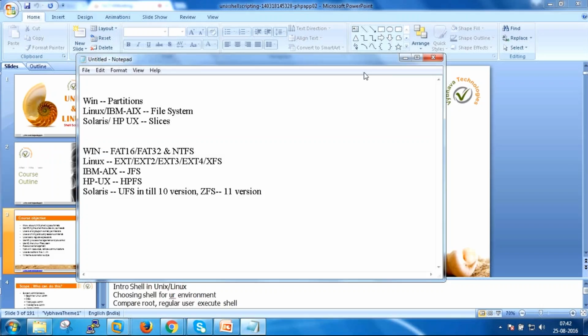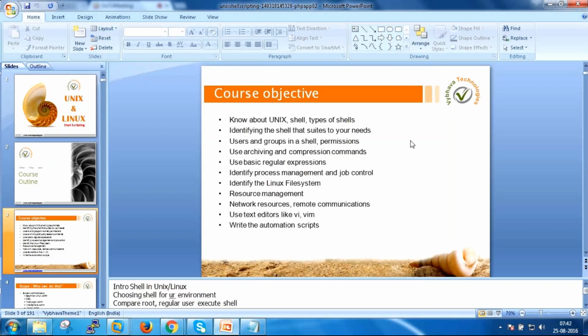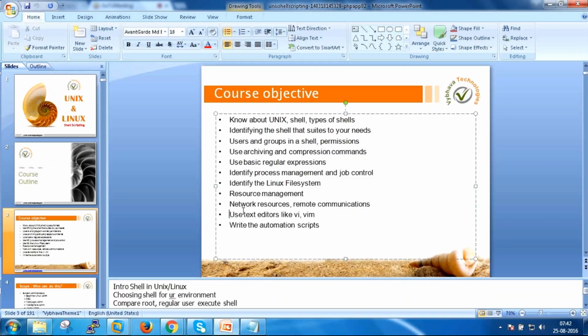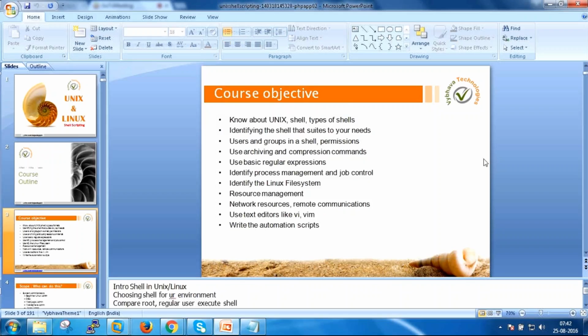Right. So like this. And next, resource management, yes, we have. And next, network resources, like how to have the connectivity, SSH also. And next, this is the main important point, that is the text editor. I hope you are already aware. VI, VIM, this is very, very important. So I'll take a 1 day session completely to give the complete commands which we are going to use inside the editor, that is VI or VIM. So it's very important,